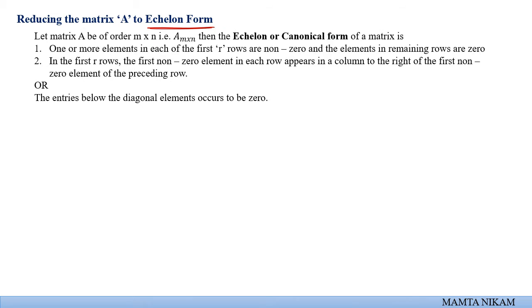What is an echelon form of a matrix? Suppose A is a matrix given to us of order m cross n. Then the row echelon form of a matrix is a matrix where one or more elements in each of the first r rows are non-zero and the elements in the remaining rows are zero. The second condition says the first non-zero element in each row appears in a column to the right of the first non-zero element of the preceding row. Now, suppose we have a matrix as say